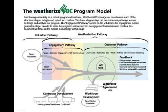So this slide is a diagram of our program design. The Weatherize DC program is a retrofit program for the most part in its entirety, minus direct access to rebates or financing. We mobilize volunteers and homeowners to get homeowners to invest in weatherization. We work with contractors, developing contractors to do that work, and we work with workforce development partners to supply workers